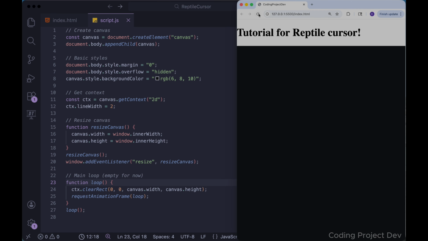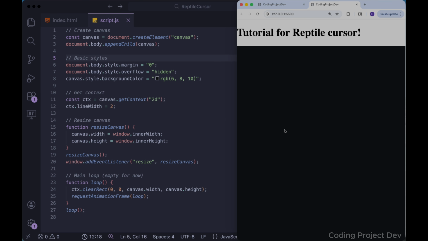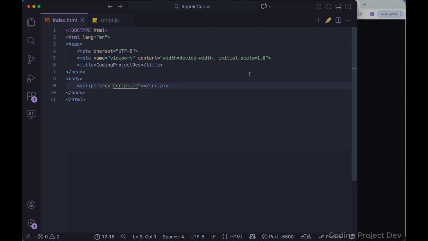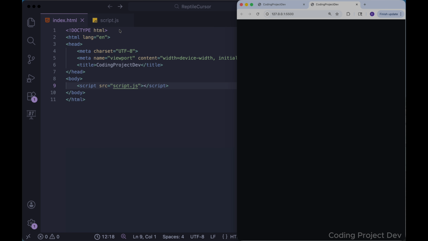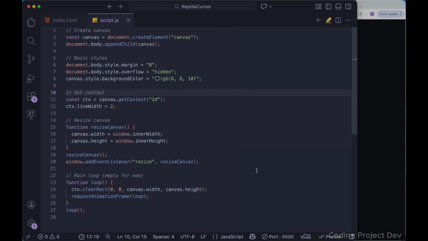Yeah, now it set our background as this dark color. So yeah, and we'll stop it and go live again, and yeah, it's perfectly working, right? So it's fully responsive, and we'll remove this h1 tag for now, and then we'll look here. It's gone. So let's get back to our code,